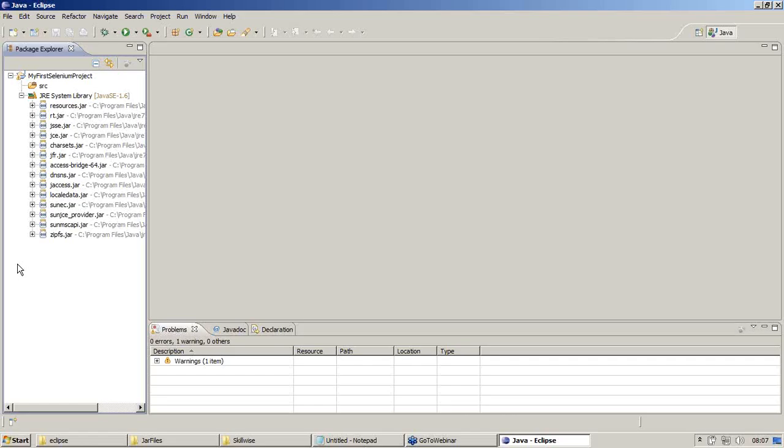A workspace is nothing but where all your project related resources, your code, everything we work on, will be stored.